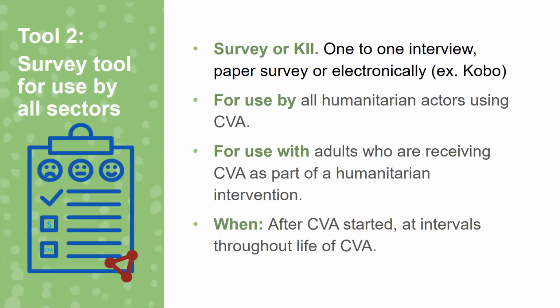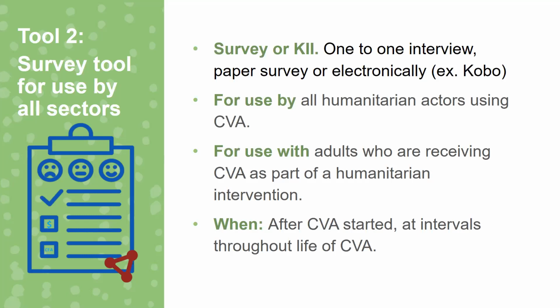Thanks so much. So the second tool is a survey tool to be used by all sectors. So this is not specifically for child protection, but can also be used by child protection. And this is to be used after cash and voucher assistance has already started to be delivered. The idea of this tool is that it provides real-time information on child protection risks and benefits. And then this information can be used to inform adjustments to the way the cash and voucher assistance is being